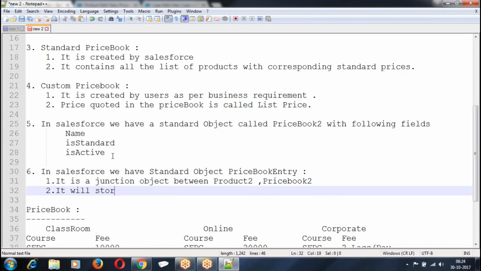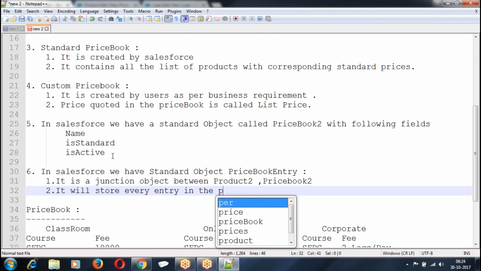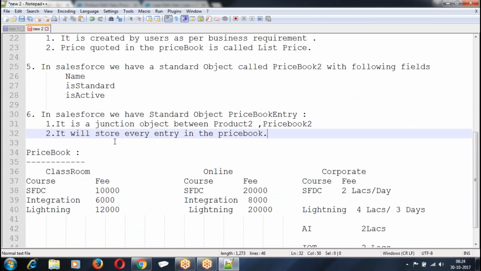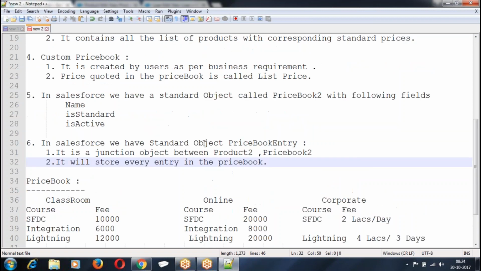It will store every entry. So to achieve this concept of price book, internally there is one more object called price book entry. So what are the objects we have? Product object, price book object, and price book entry. Price book entry is a junction object.